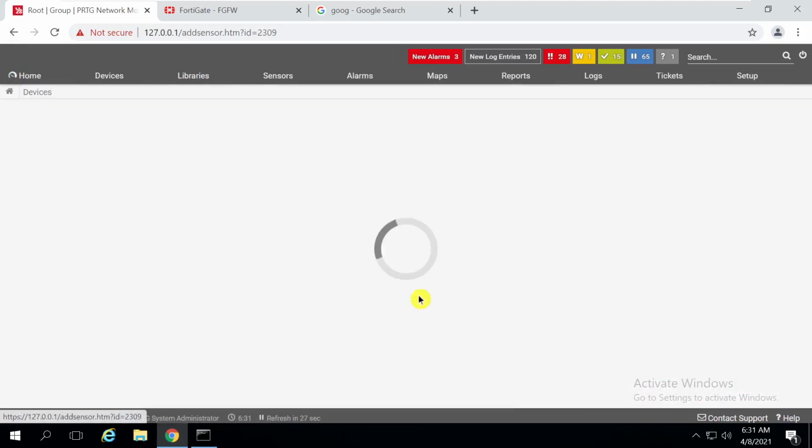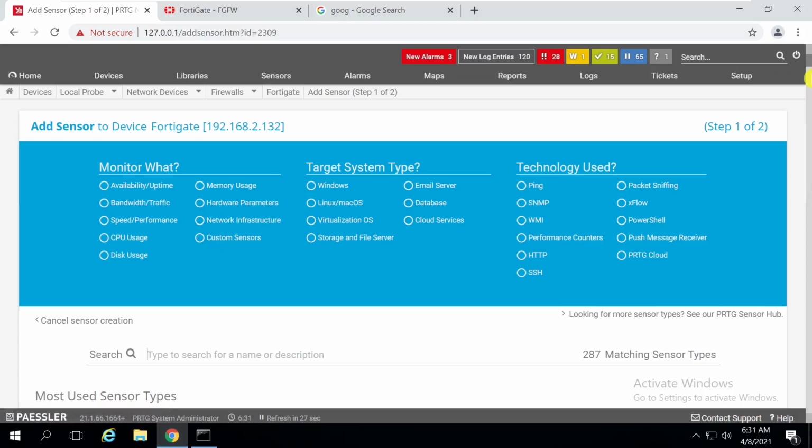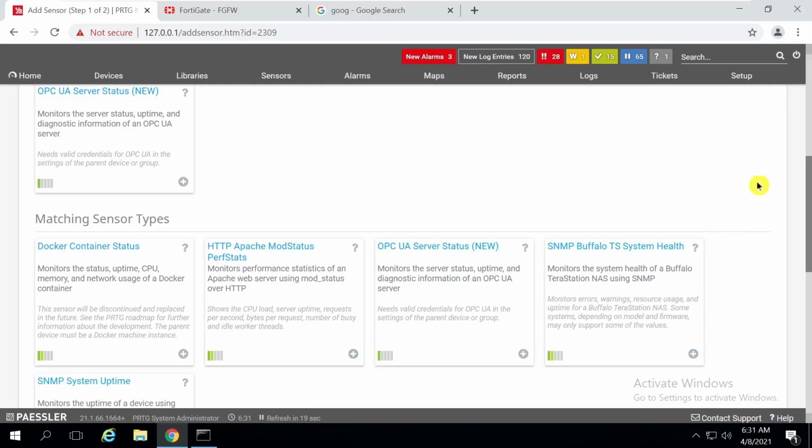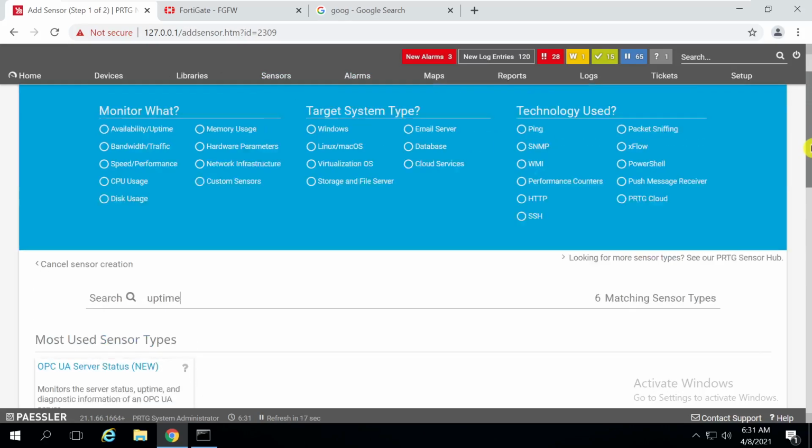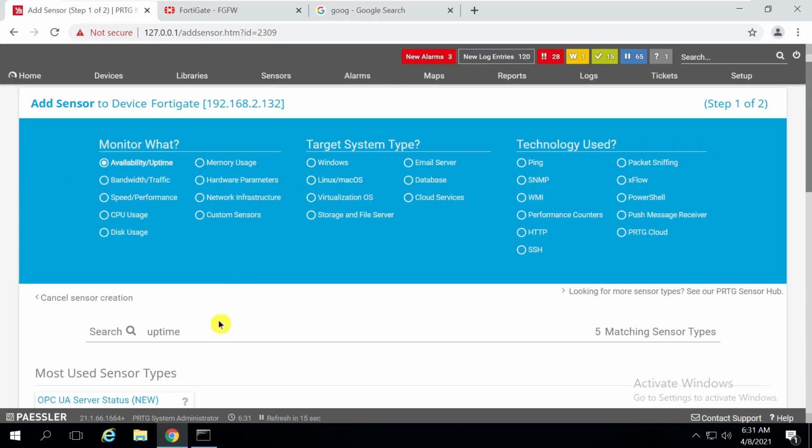So guys, you can also use this uptime sensor. Let me go again to availability, uptime, and the Linux OS.